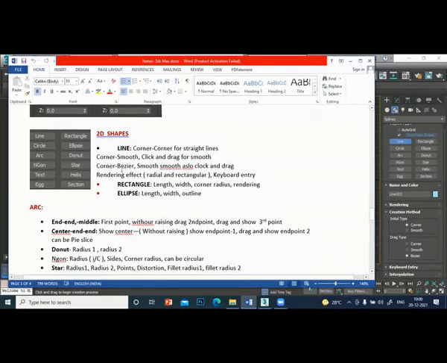Third one is corner Bezier. Again, you get here, it gives you smooth, but you will not get that proper smooth like the other. Corner and drag. Click and drag.